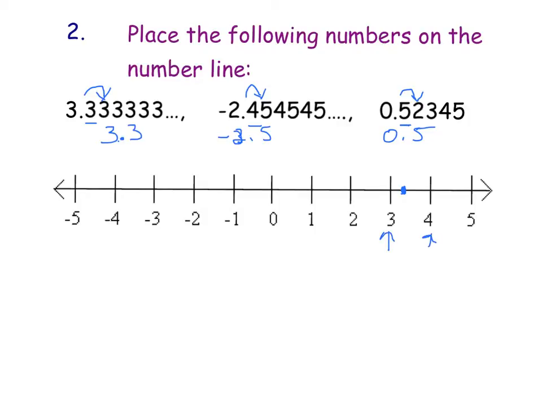So this is 3.3 repeating. -2.5, go to -2 and halfway. It's about right there. -2.45 repeating. And 0.5. So between the 0 and the 1,